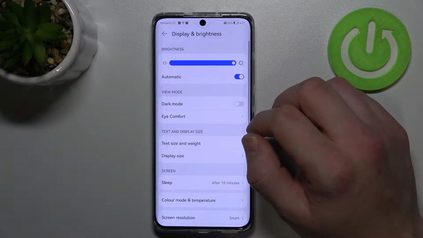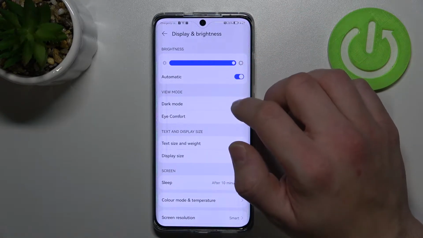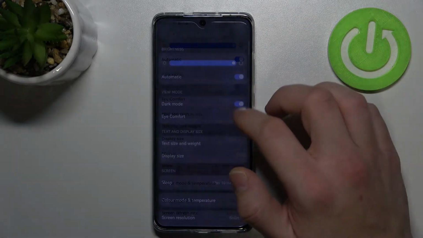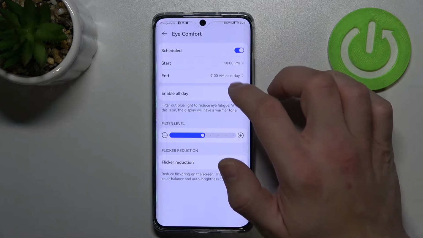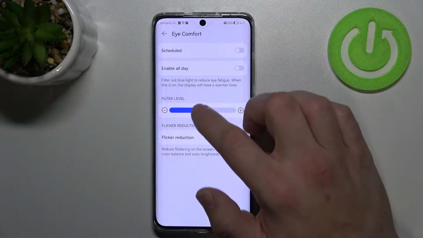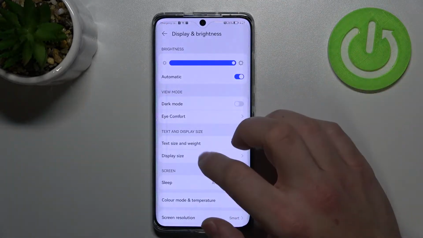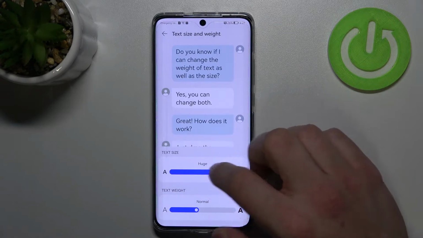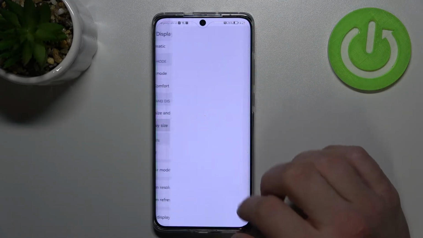Let's start with the top of the list where we can change brightness level, enable or disable automatic brightness, enable or disable dark mode, and eye comfort mode. Next we can change text size and weight, display size,